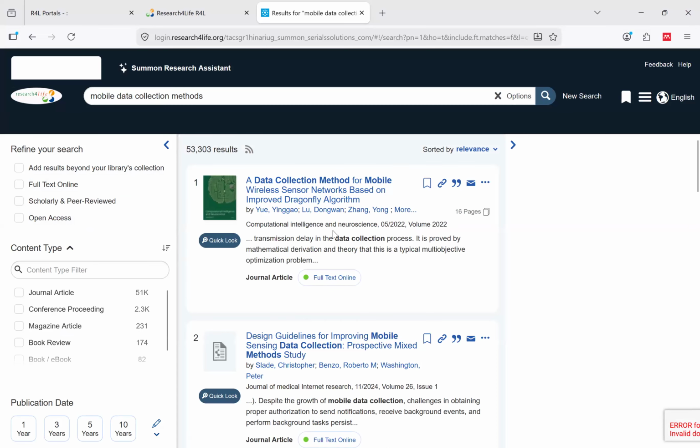Now, I know we all use different referencing and citation tools. Some may use Mendeley, some may use EndNote, others may use Zotero. So when you're on the Research for Life interface, you see the double quotes here? This is where you cite from.